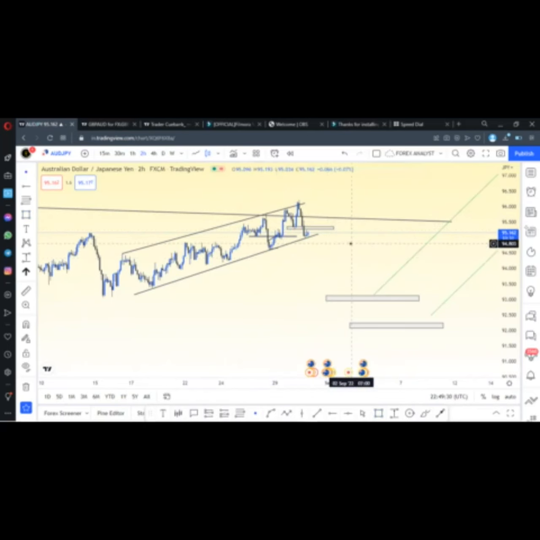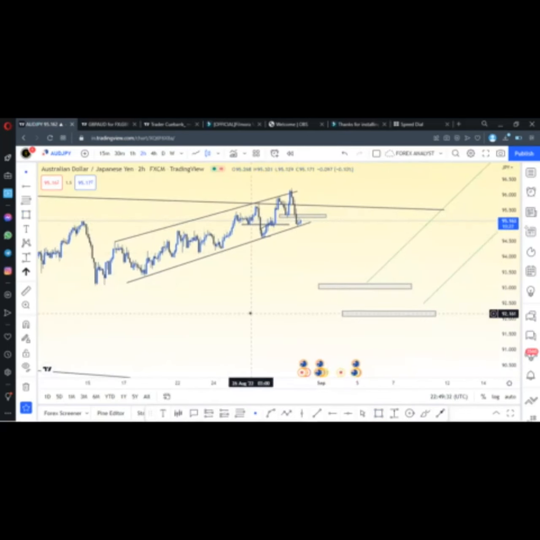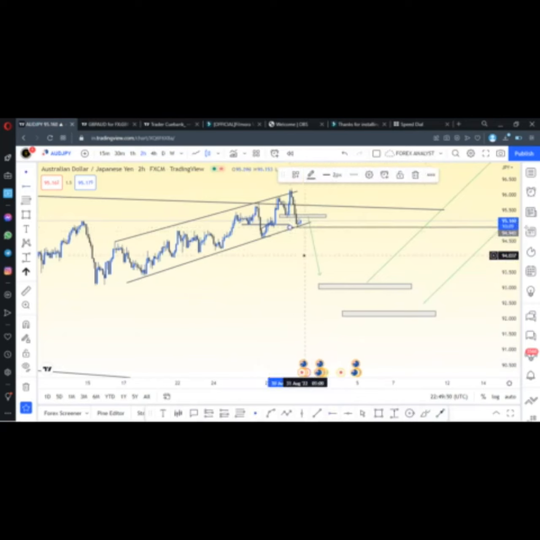Okay, still looking for, nice, still waiting for sales. I'm still bearish on this one. I'm literally still bearish on this one, so I might look for sell stops on this level right here, right? So this level right here definitely